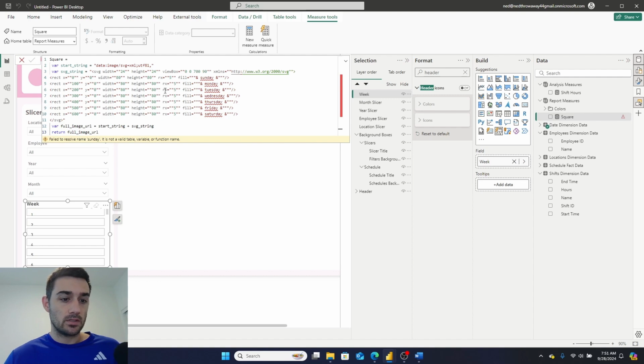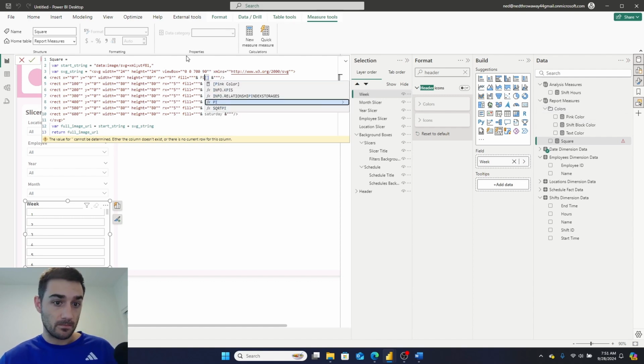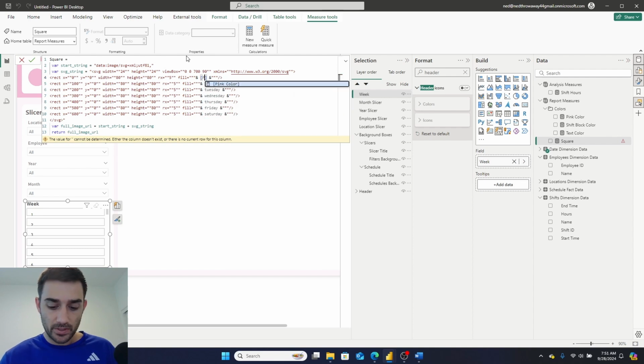And it's not going to like this because I have some variables in here. Now, I'm going to just reference one of the colors, all right? This is why it's important to bring in colors. I'm going to bring in the pink color right here. I'm going to replace all of these variables, so I'll go ahead and title this pink color,